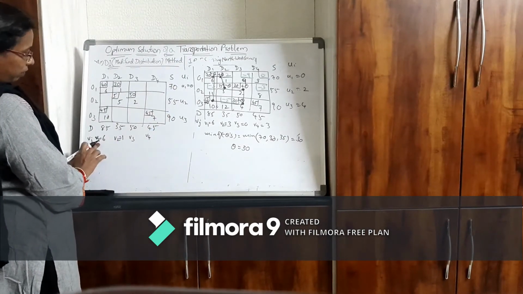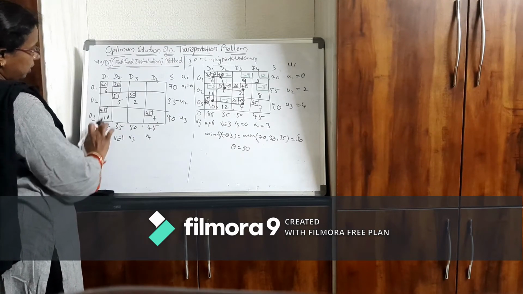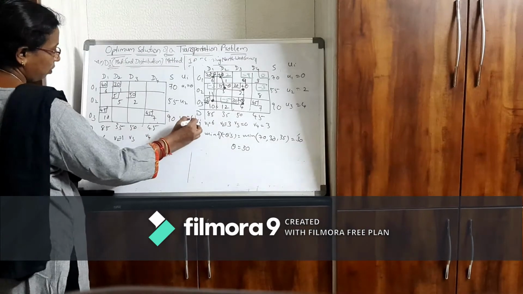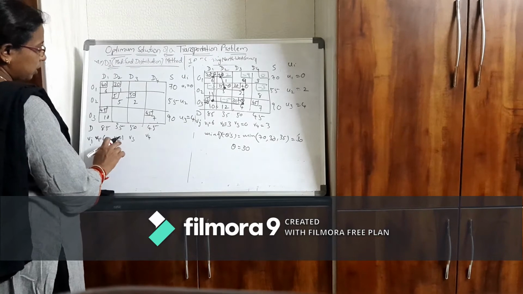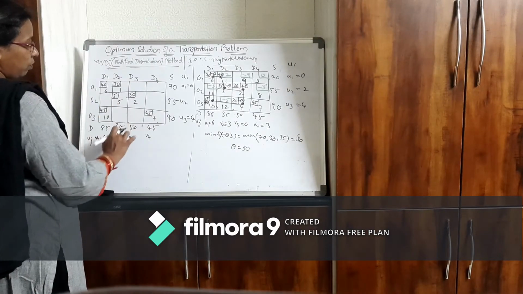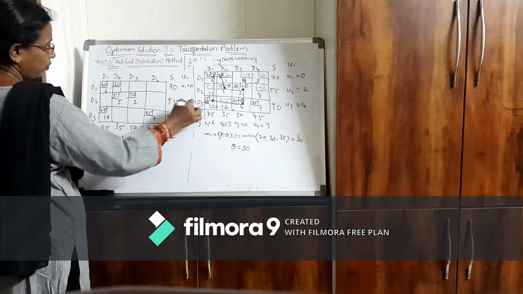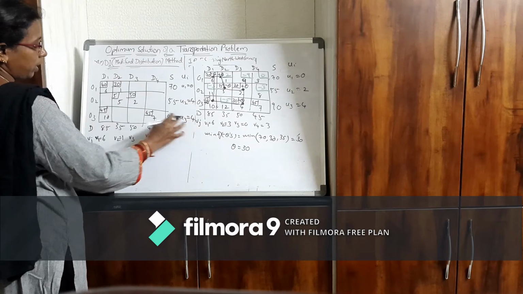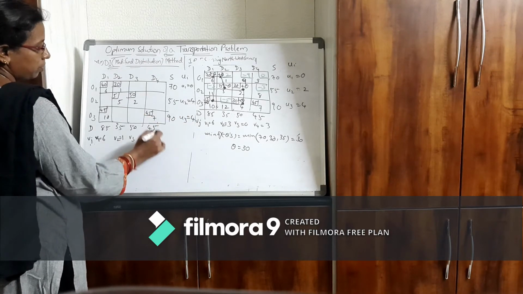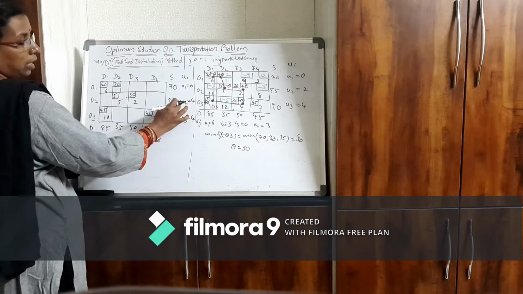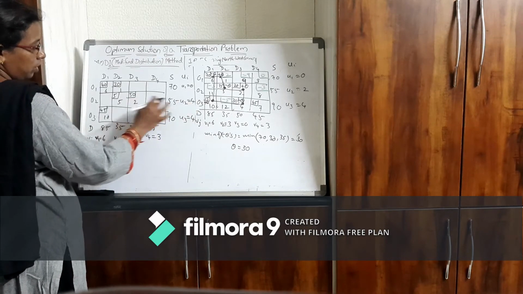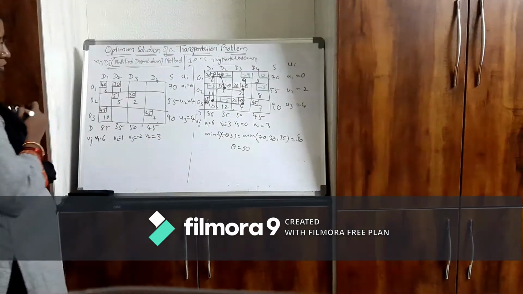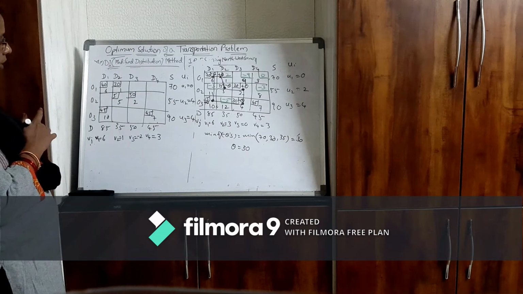Come here. We have v1 6. Corresponding to this 6 I have an allocation at 10. So 6 plus something should be equal to 10. So 4. Come to this one. Corresponding to this one I have 5. So 1 plus something should be equal to 5. So 4. Now come to this. Corresponding to this 4, u3 equal to 4, I have here 7. So 4 plus something should be equal to 7 means 3. Corresponding to u2 equal to 4, I have 2 here. So 4 plus something should be equal to 2. So 4 minus 2 will be equal to 2. Now I got ui's and vj's.